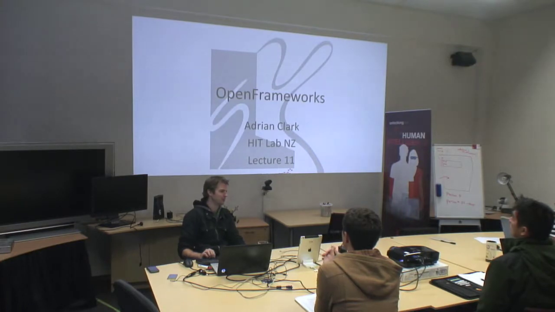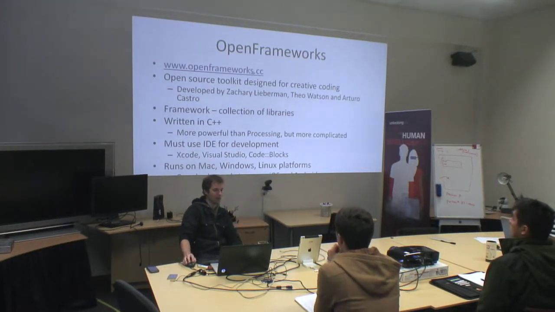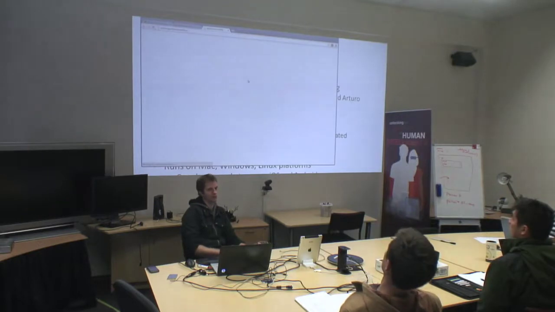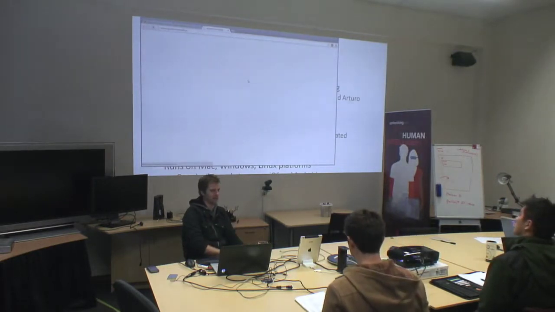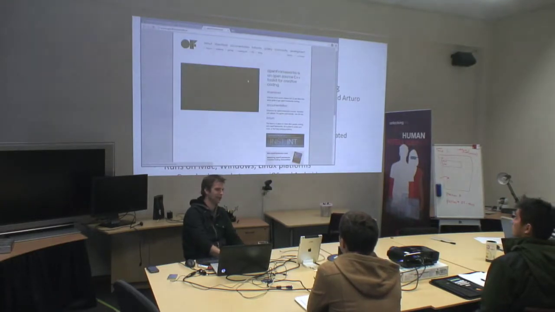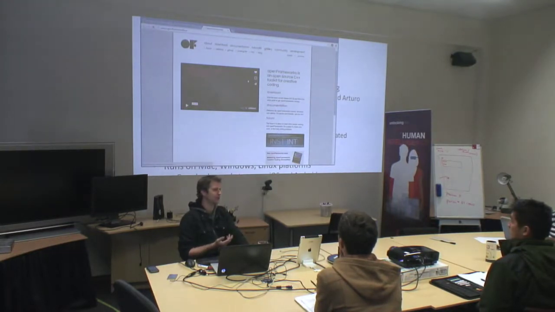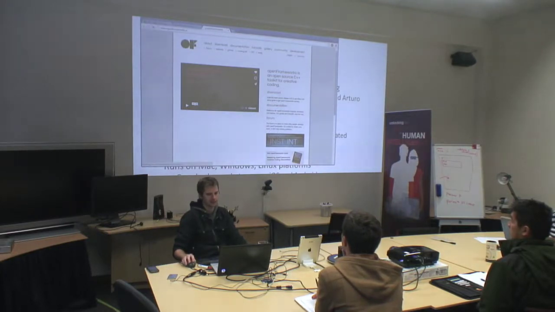That's where Open Frameworks comes in. Open Frameworks is an open source toolkit designed for creative coding, and it is a framework of libraries, and they're all pre-compiled for you. So you download Open Frameworks, you get OpenCV, you get stuff to handle video and images, you get stuff to handle audio input, you get stuff to handle Kinect, and it's all written, it's all compiled, it's all ready to go. It comes with a project generator, so you click a couple of buttons and you start writing code. So it basically was designed